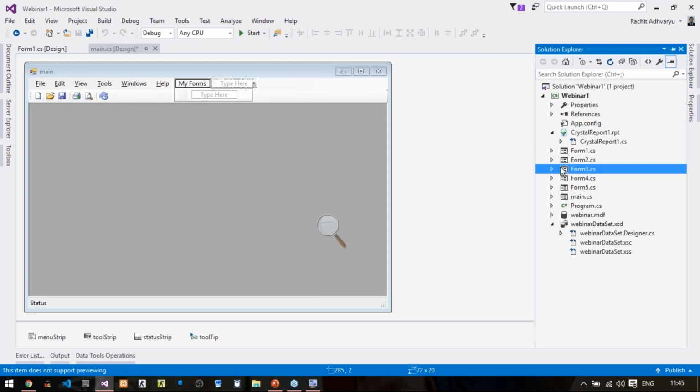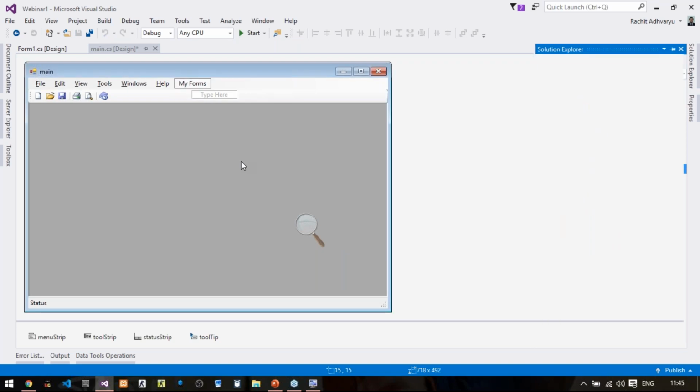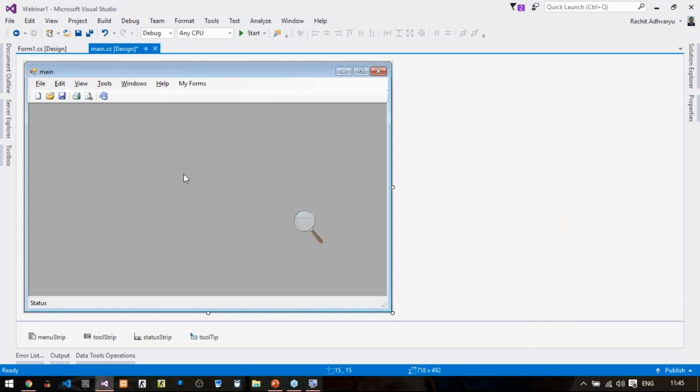So again, coming back here, My Forms, click here, say Form 1, then I want to show Form 2 and say Form 3.